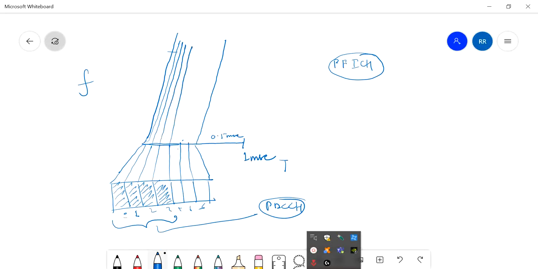And the first slot, the first one, this one, let me draw this here, also has PCFICH plus PHICH. Okay, so this one,